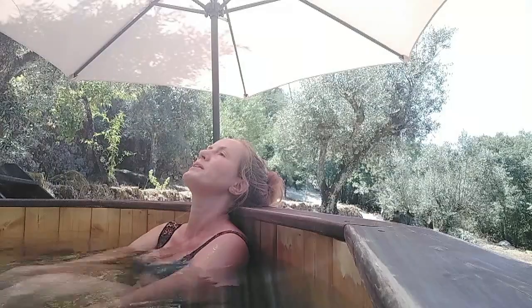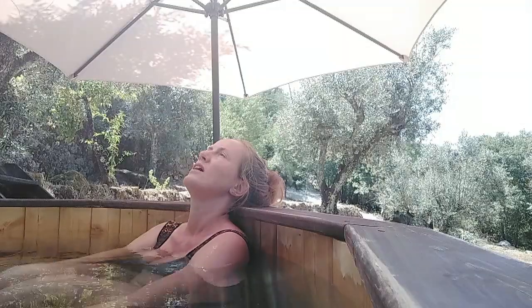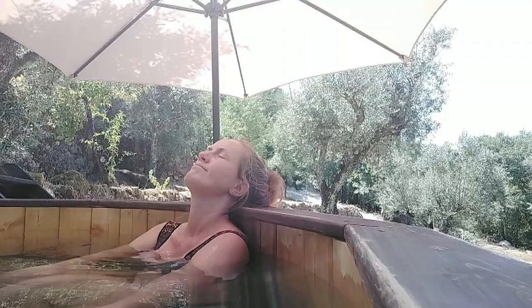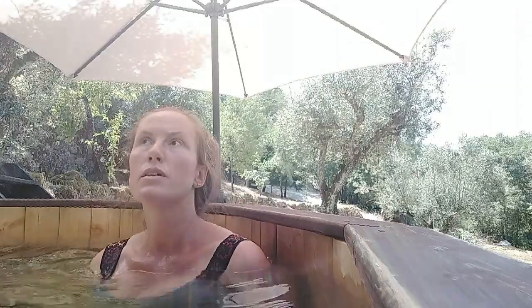Now a quick break. Our grapes are drying out. That's something for the next years. We need to figure out how much water to give, because the ones that are growing in front of our house,